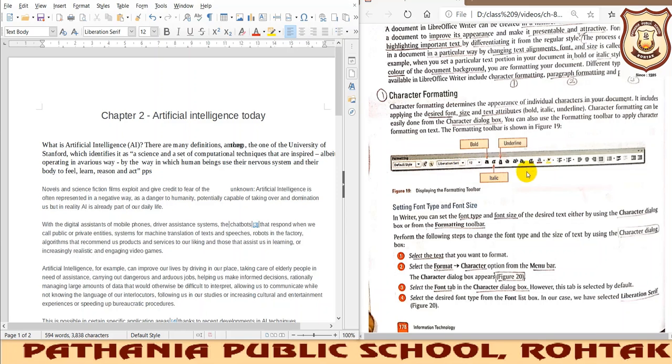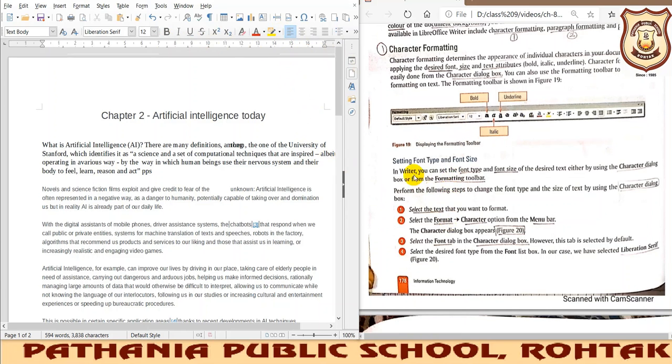This is your formatting toolbar, which is offering you various formatting options. You can color it, you can even align it properly. You can make it bold, italics, underline, you can give the font style, font size and many more options are available. So this is your formatting toolbar.